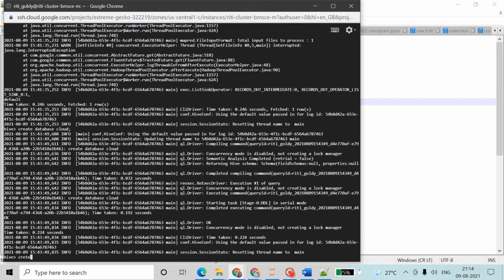Create table. The table name we will write is data proc. In that we will write a word, and that word is a string. That word is some value I am specifying. Word is a string.